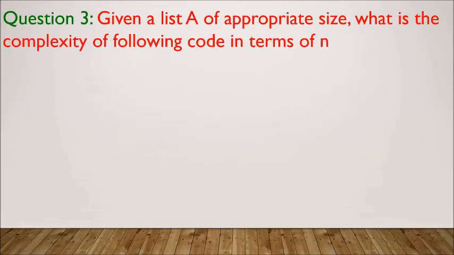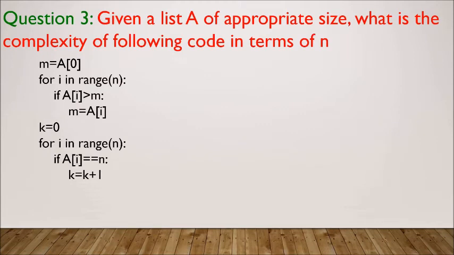Next program is, this is the program, find the complexity. See, in this there is no nested loop. This statement is separate, and this is a separate loop in which these statements will be executed n times. After that, this statement is separate, this is the for loop, and these statements will be executed n times.